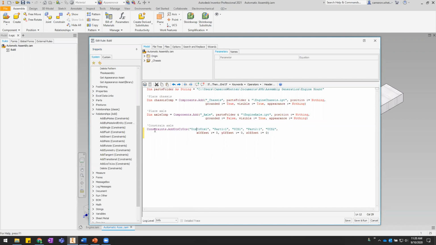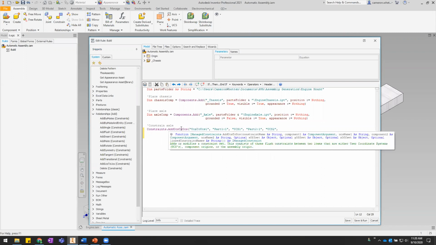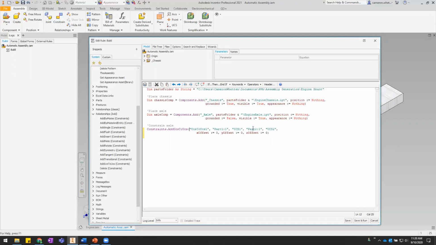So let's take a quick look at what we've got here. If we hover over that, we'll see that the first item is a constraint name as string. So that's the name of the constraint that's going to get created. We can choose whatever we want for that. And then the next item is going to be the component, the first component that we're trying to constrain, and it's going to be its browser name. And then the item after that is either the name of the UCS we're trying to connect, or in our case, we're going to change that to origin. And then the second component, and then its UCS, or we'll change that to origin,